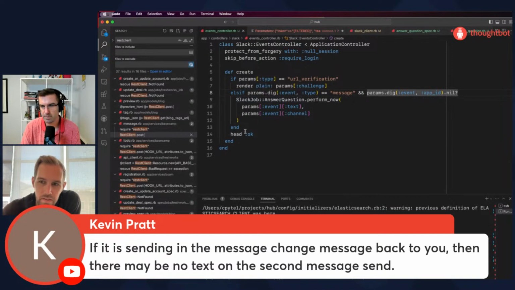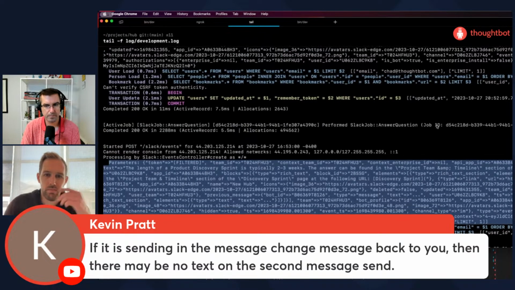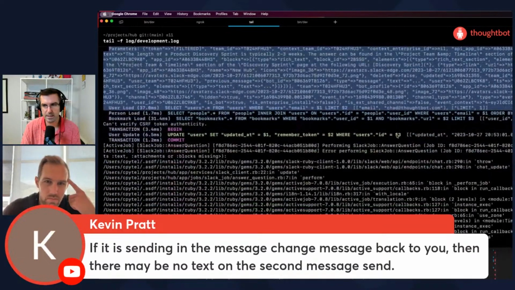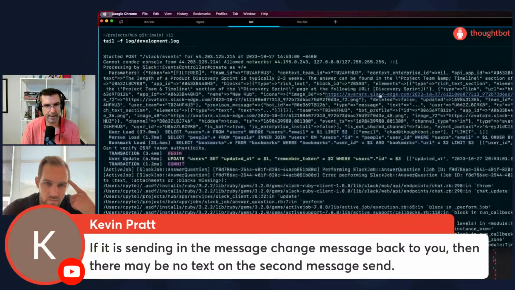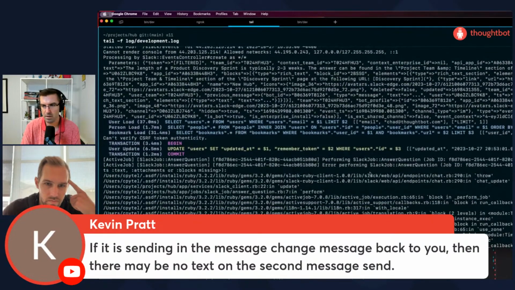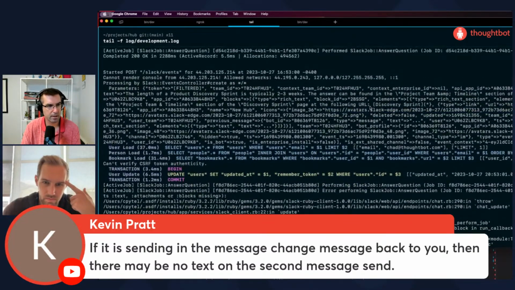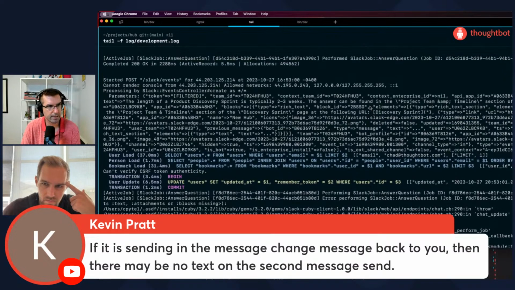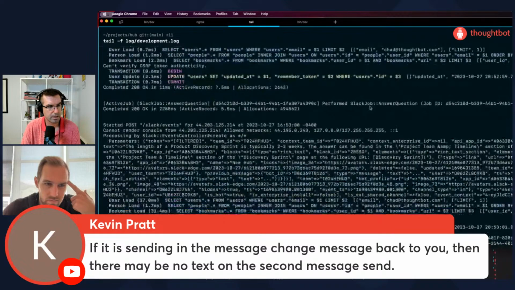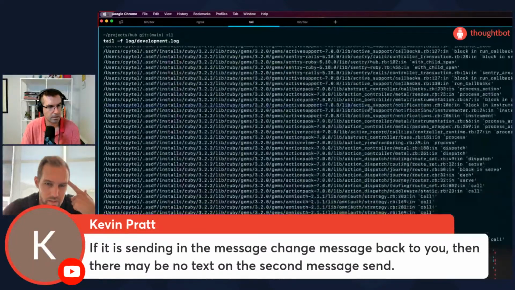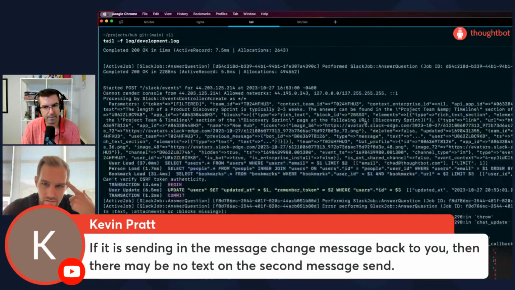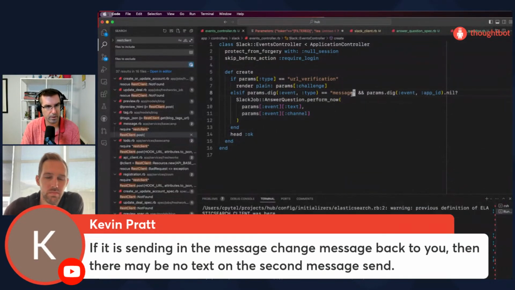Kevin said, yeah, you have to check the subtype. That is the original one. But you see, it's getting that and it's initiating the job again, even though according to my logic, according to what I'm seeing, it shouldn't do that. So somewhere we're not catching it. Something's not matching these conditionals the way we're expecting.